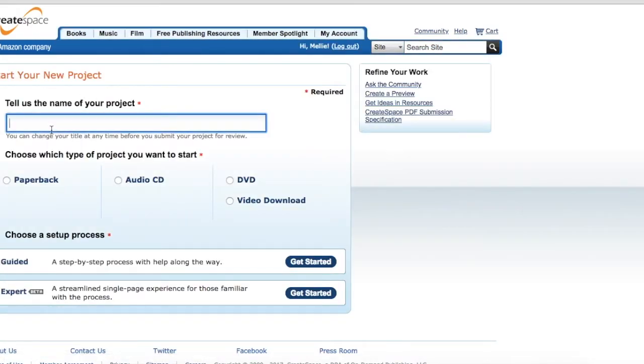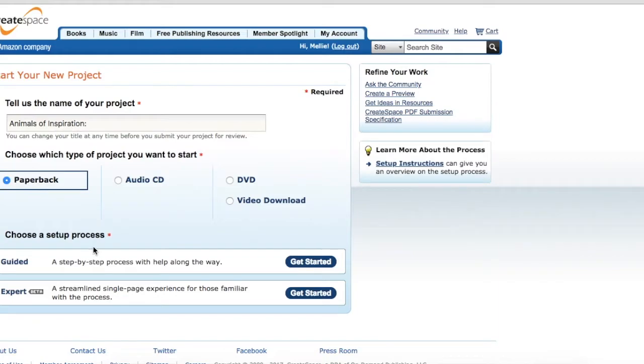Now I'm adding a new title, and I'm not 100% sure of what the title of this one's going to be. Obviously, it'll be Animals of Inspiration because the first Animals of Inspiration was called Animals of Inspiration. But I want to add something else to it, and I can always come back and change this. It's not a big deal. So I'm just going to select something, make something up to begin with,